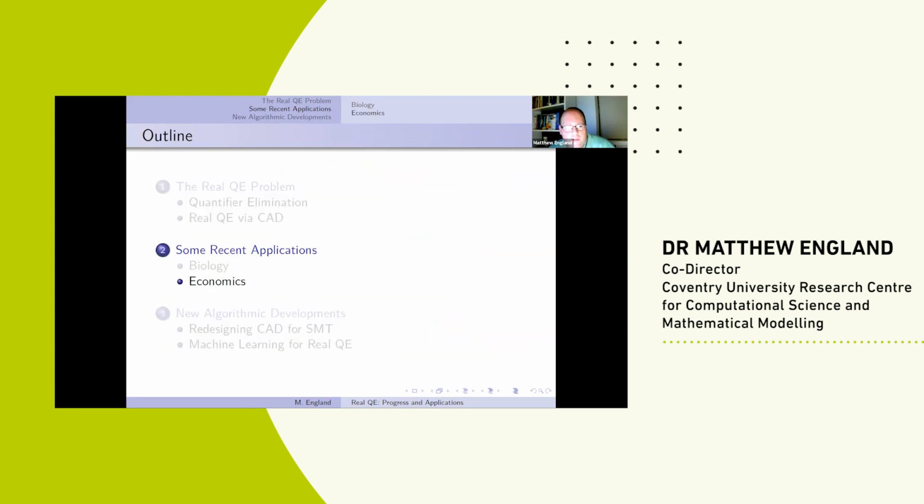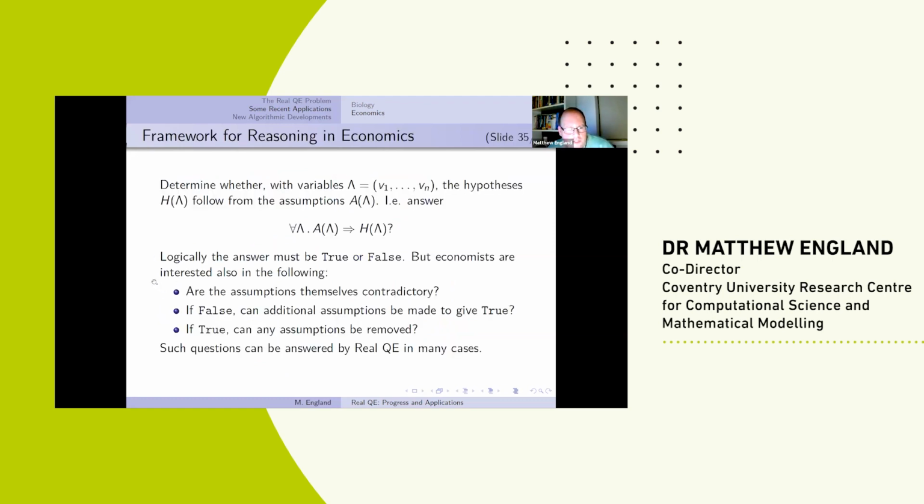Okay, so that's just a taster of how we've been able to have impact with these ideas in the life sciences. I'd now like to move on to a completely different area of application, which is economics. I'd like to pick these two applications because they're so different, but they're both a consumer of the same technology. Within economics, the way economics researchers, or certainly the theoretical ones, tend to work is that